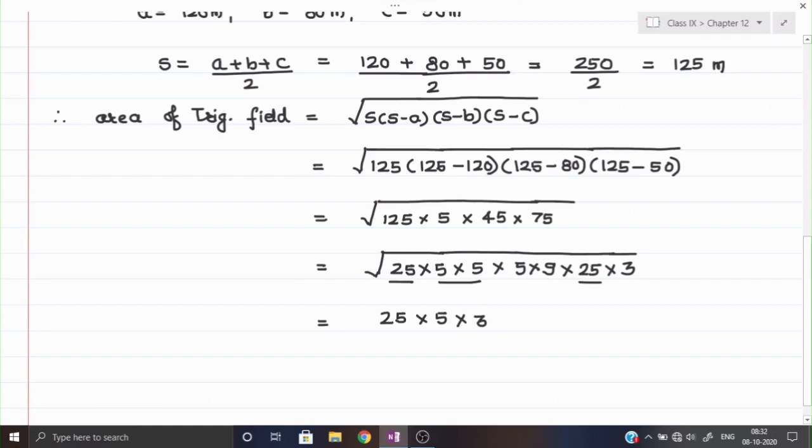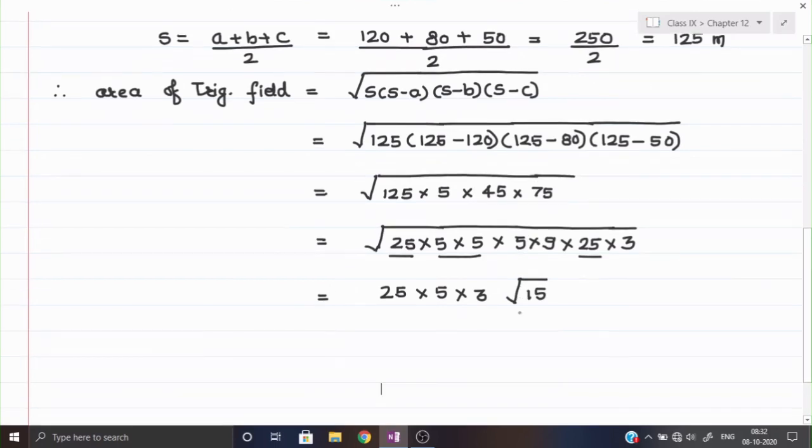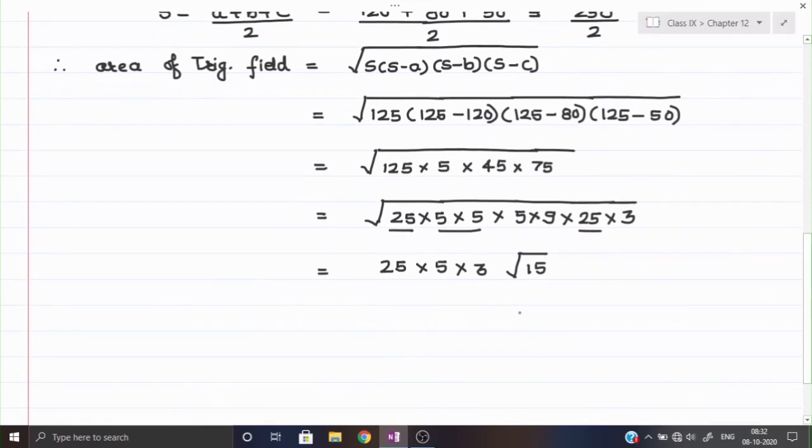Then who will remain here? 1 5 and 1 3 will remain. Okay, so that will be equal to under root of 15. So here 25 into 5, that will become 125, and 125 into 3, that we have to multiply. So once again we can check, 25 is coming out, 1 5 is coming, and 1 3 will be coming. Okay, so we can say that therefore